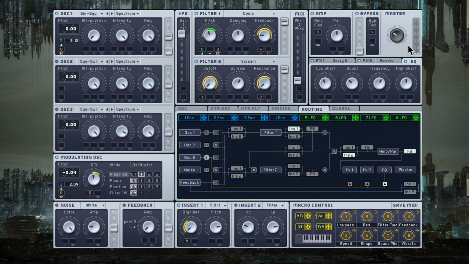It just takes away a little amount of the mid-range because it's very dominant in this patch, and also it makes it, especially for film music, it helps having things sit more in the background, not being in the way of dialogue and all of that stuff. So if you can make sure that a patch is not overwhelmingly dominant in a mid-range to low mid-range, then it's always a good idea. But again, totally optional. So at this point, I was pretty much done with designing the patch, and the only